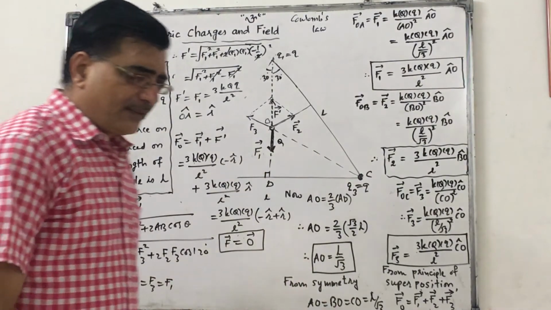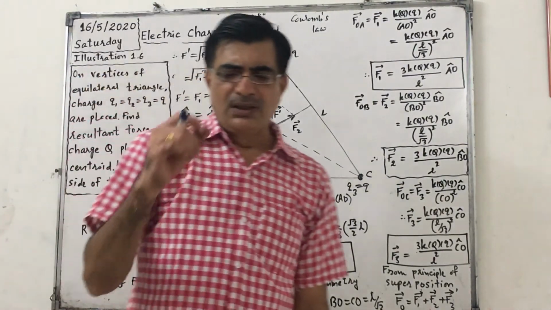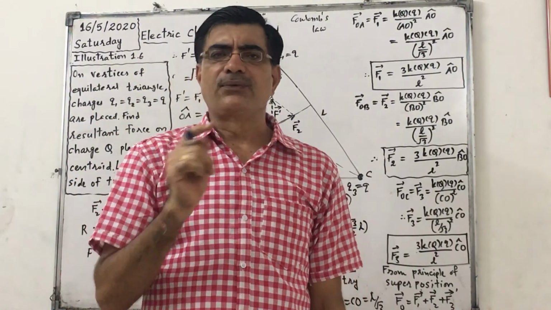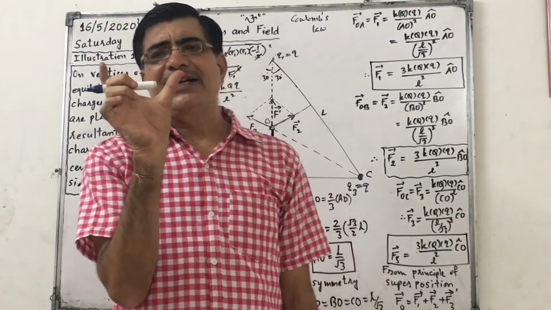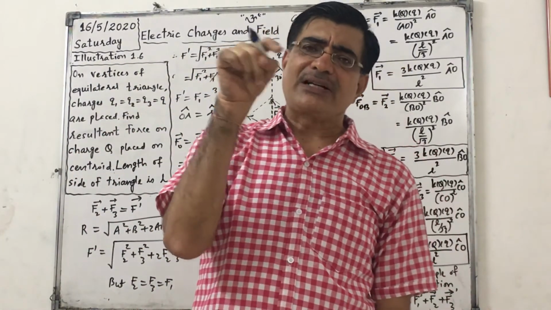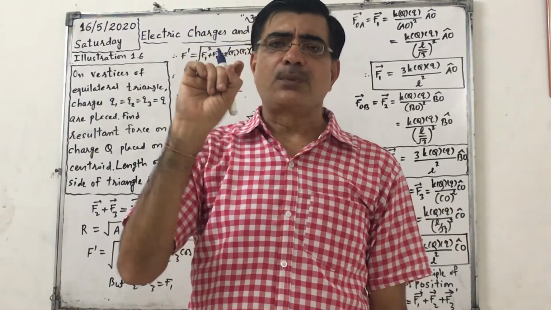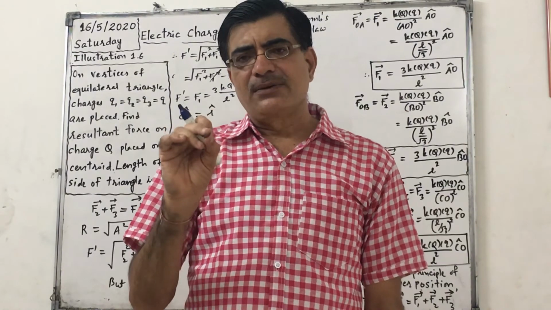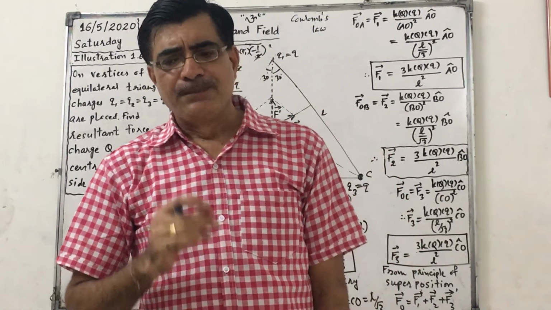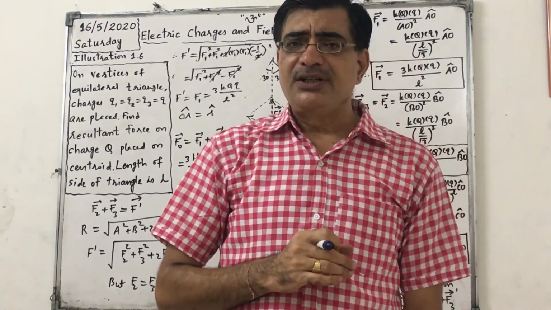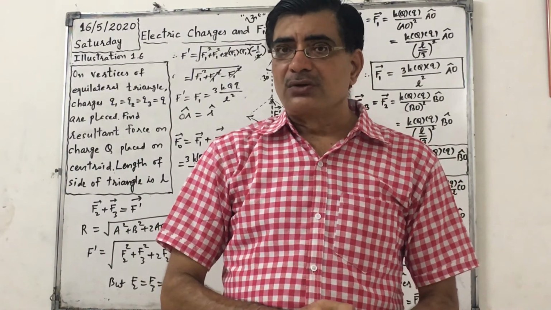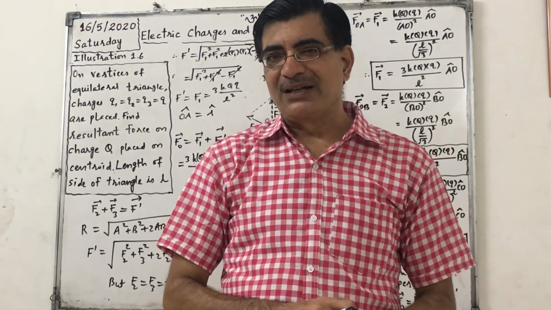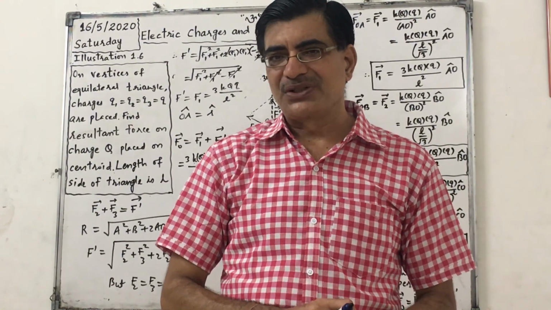So how did we solve this problem? First of all, we found force 1, force 2, force 3. Then we added F2 and F3, and the resultant vector of F2 and F3, that is F dash, is just opposite to F1 with equal magnitude, so they cancelled each other. So at the centroid, the resultant force is 0. We discussed the same problem for a pentagon yesterday in the GNET practice, where we removed one of the charges and found the resultant force. Okay, bye.